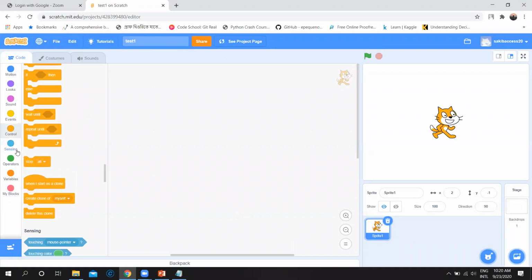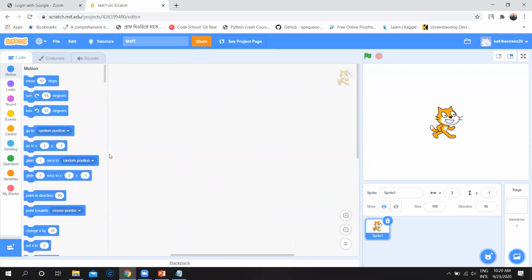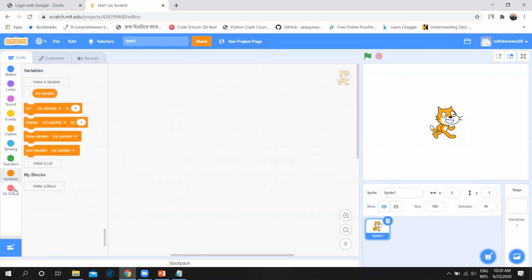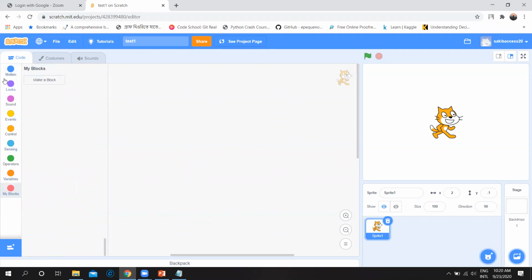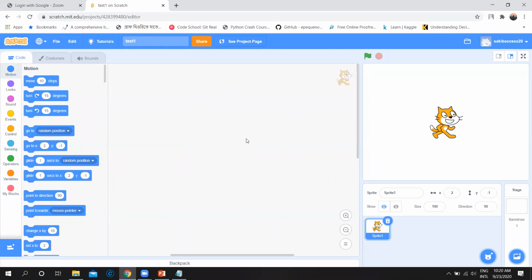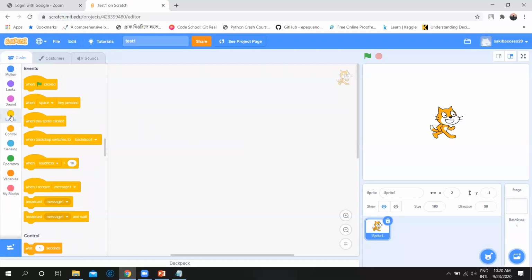Listen, there are lots of options, hundreds of options, and you should try to explore all of this. We'll try to explore whatever we can, but I will not be able to give you the description of all of the options. I will show you how to create some projects and games, we will create them, and you can explore by yourself. There are lots of fun things. It will give you fun actually. Okay, now let's start. I will first of all click on the event.